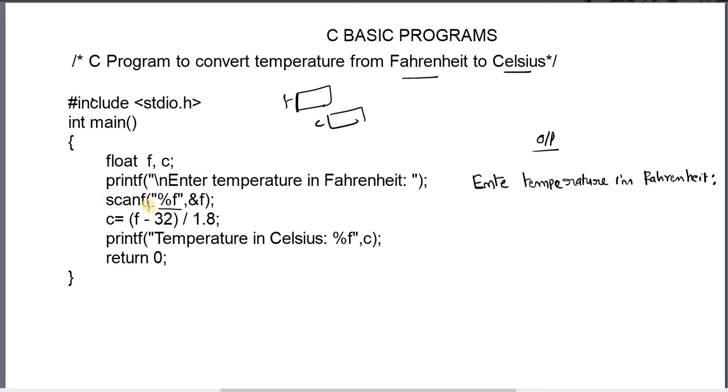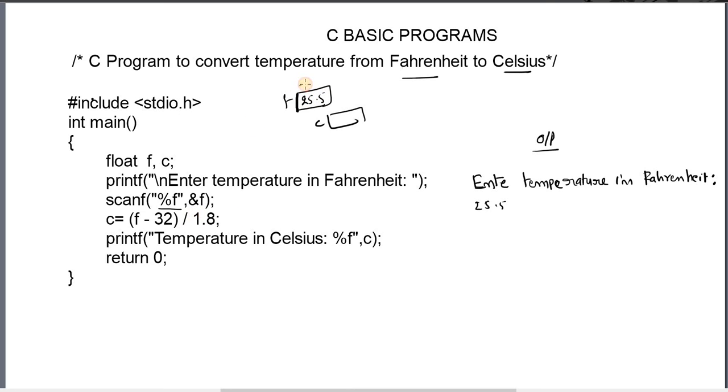The scanf is an input function. It takes the values from the keyboard. Here in the first parameter, that is the control string, only one specifier is there. %f is a specifier for float. Scanf now takes one float value because only one specifier is there. At that time we have to enter a value, any value you can enter. Scanf will take this value and store it in F, because we have given the F address here.